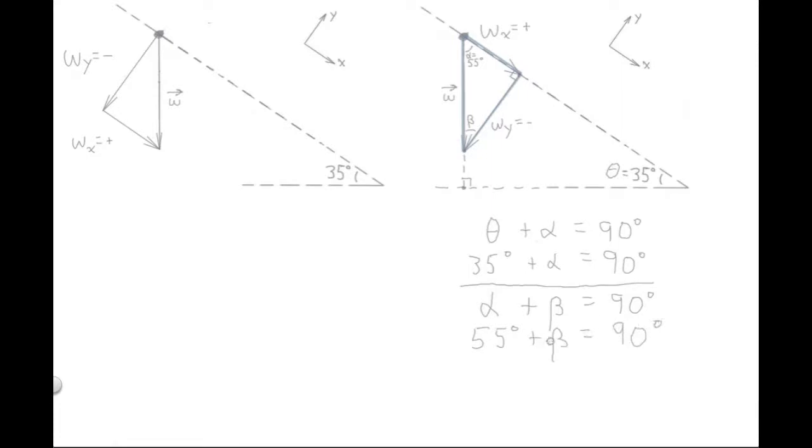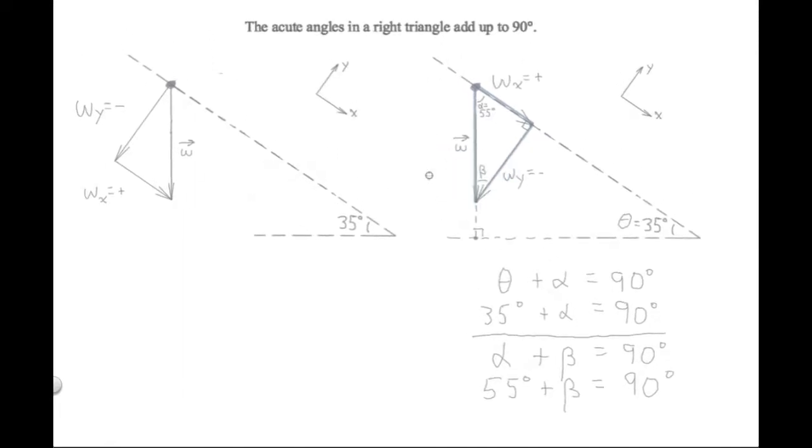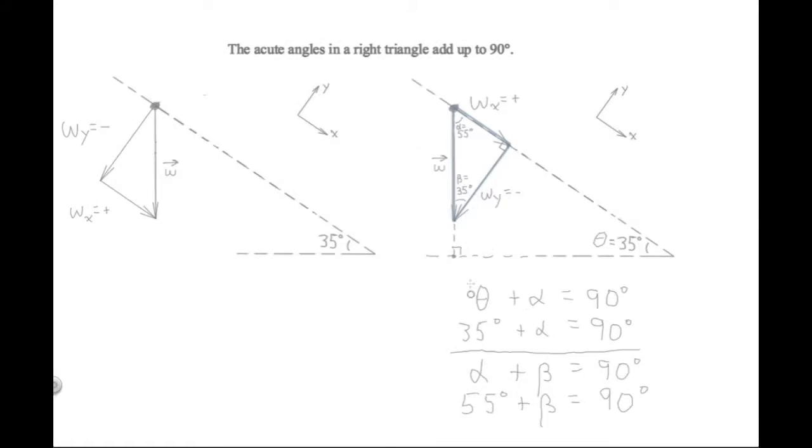So it should be easy to see that beta is 90 minus 55. And we should add that to our sketch. Beta is 90 minus 55. 90 minus 55 is 35, so we've added that to the sketch. So now we've accomplished our goal. We've figured out the angles inside this right triangle that represents the components,